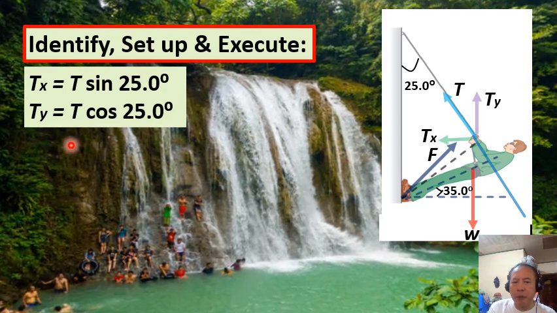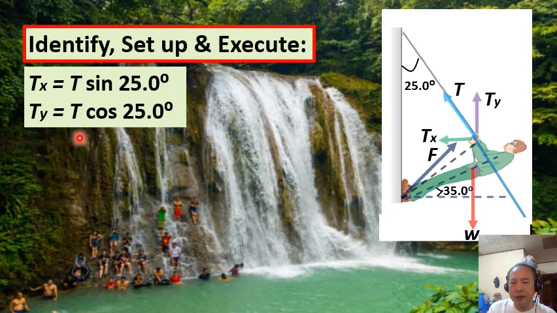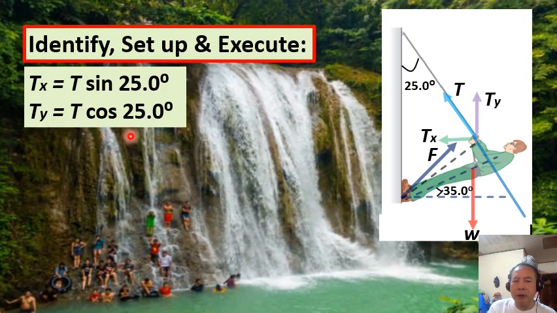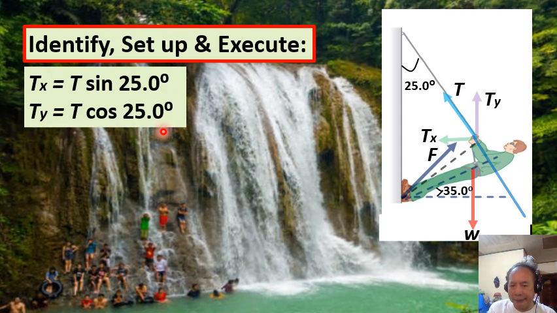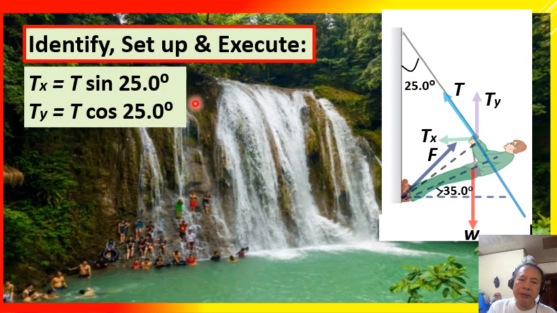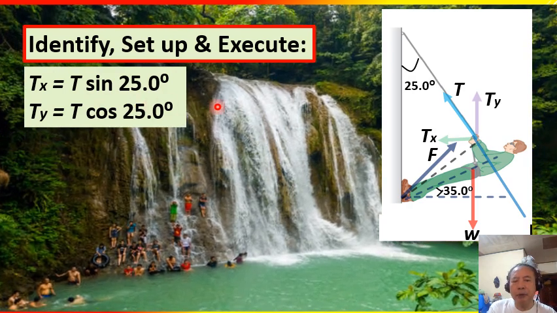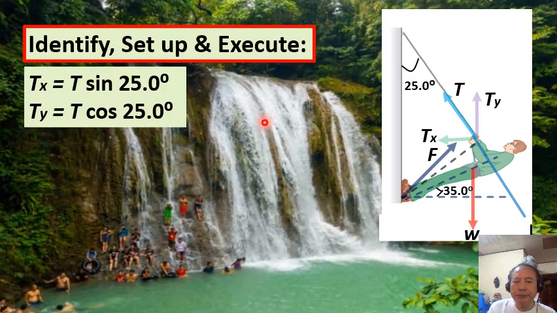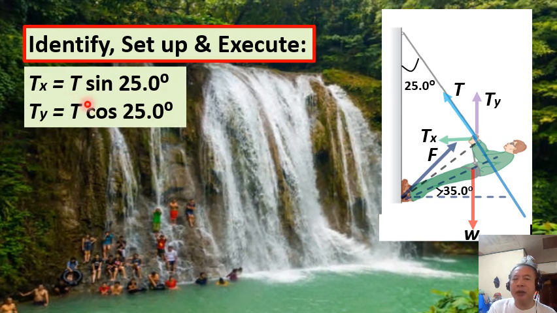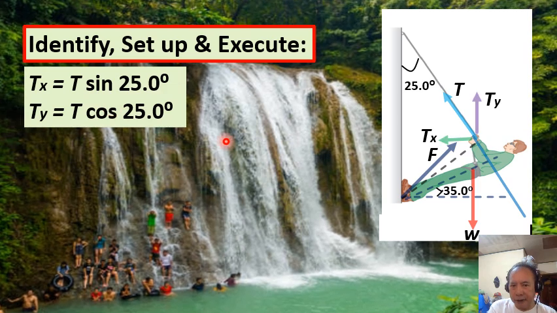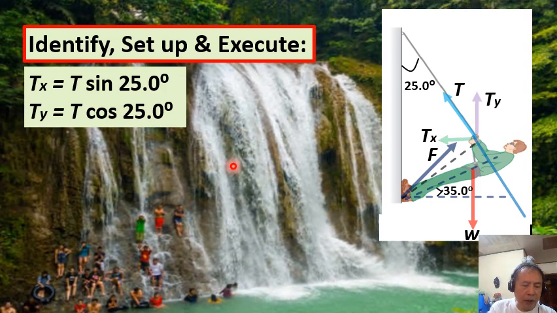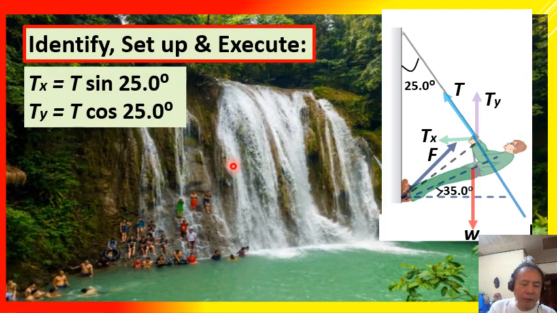And for the y component of the tension force T, the equation is T sub y equals capital T times the cosine of 25.0 degrees, right? So we shall come back to this computation for Tx as well as Ty as soon as we have the value for the tension T, right? But for now, using the torque principle,